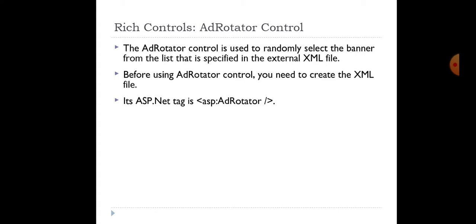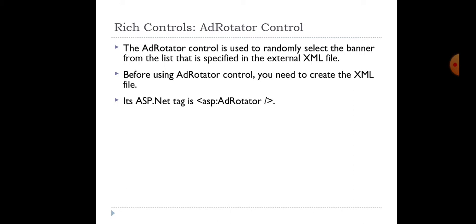I already told you, it helps to display the banner advertisement. These advertisements are stored in an external XML file. We link the external XML file with the ad rotator control. We can add as many banners as we want in the XML file. When we connect the XML file to the ad rotator control, it will randomly select a banner from the list specified in the external XML file.